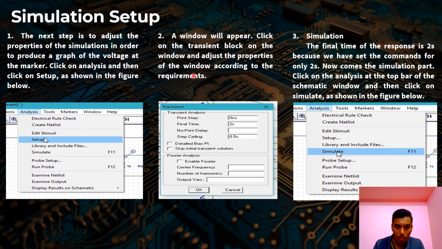Then adjust the properties of the window according to the requirements. We have to give the values according to our requirements and click on OK. Then go to the analysis and give simulate. The final time of the response is 2 seconds, and there is an output after this